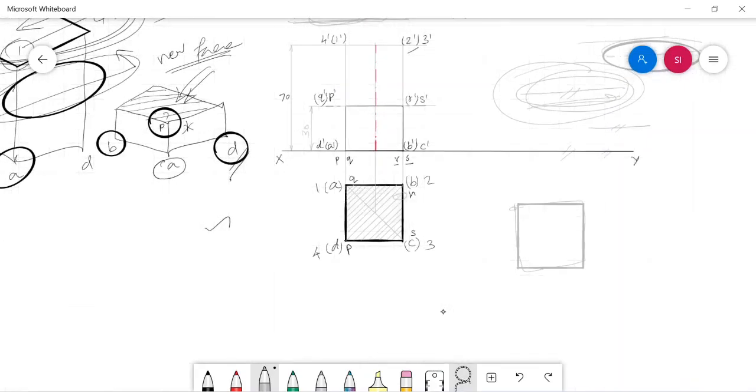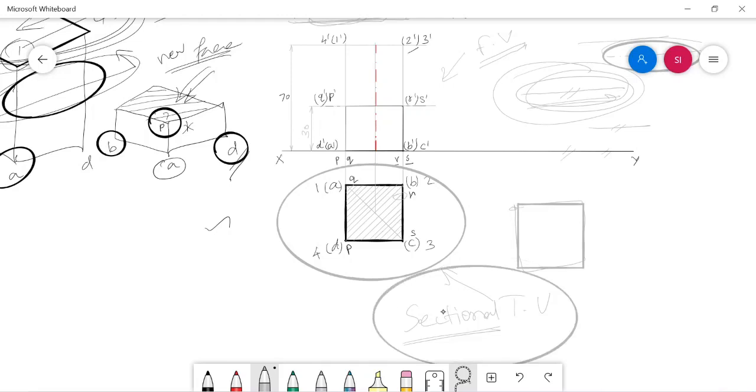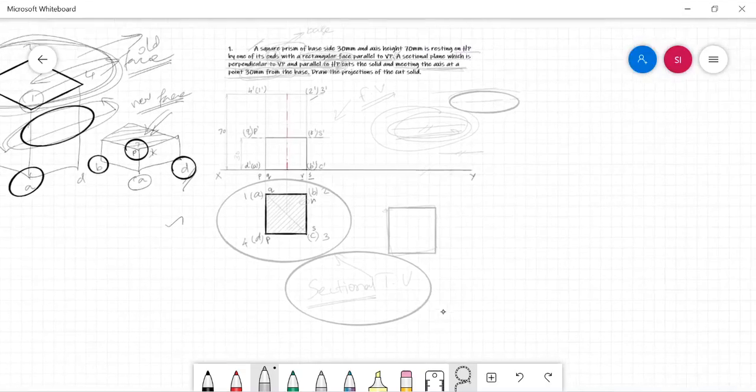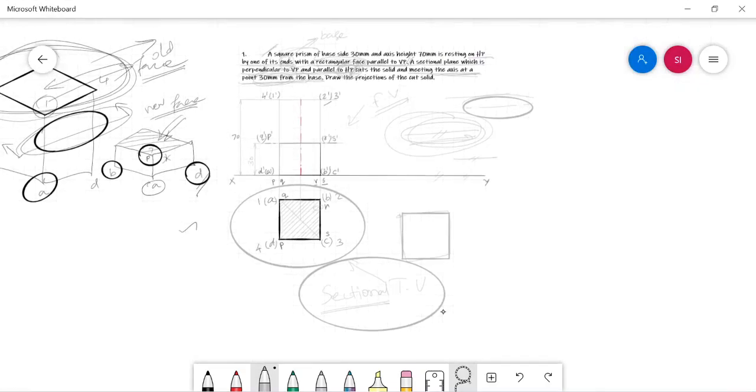That's over. Now I have just completed the front view and sectional top view of the given question. So this view, as usual, can be called the front view, and that view is not just a top view, it is a sectional top view, since it is showing the sectioned surface of the solid after cutting the solid. This top view can be specially called a sectional top view. So try this answer with your available tools on your paper. Thank you.